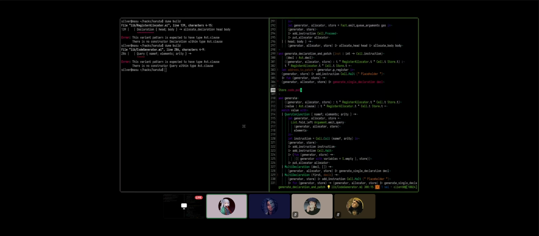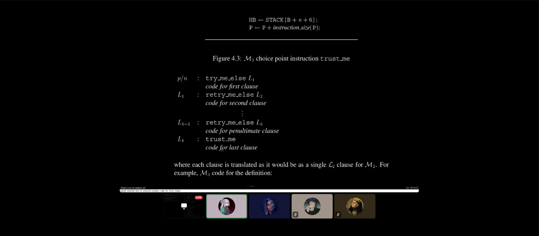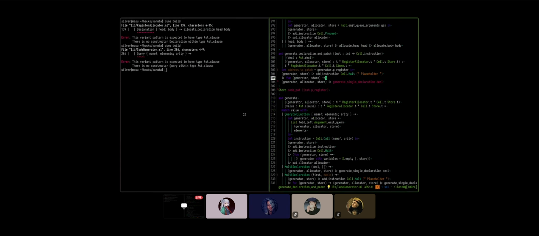right? So we need to take an instruction. So we do inst of address to patch, not address to patch p register. But address to patch is p register. No, the address to patch is the p register before we emitted the code. It's the one that has this instruction, right? I see. But the label actually points to here. Okay, so it's going to be p register plus one then? No, it's just p register because the p register is the next available slot. Yes, that makes sense.